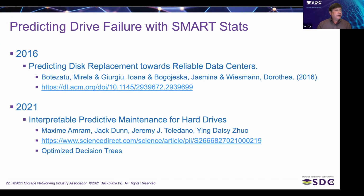And the question of transference is really good. Can you really transfer what you learned in drive 1, 2, 3 to model 4, 5, 6? And the answer is nobody knows at this point, right? People have tried, because that's what artificial intelligence gains a whole lot of things out of, trying to understand something and then do it. Now, there have been other papers in between, but the most recent one I've seen is